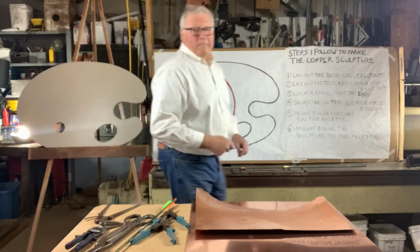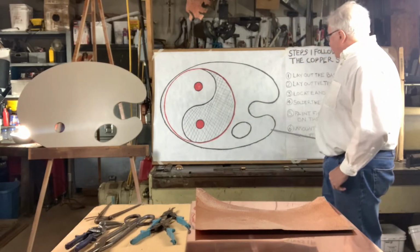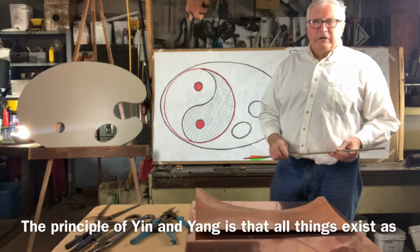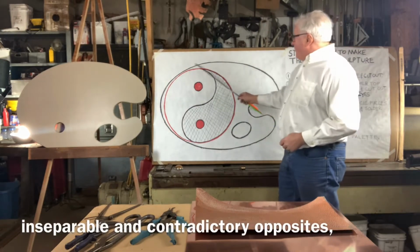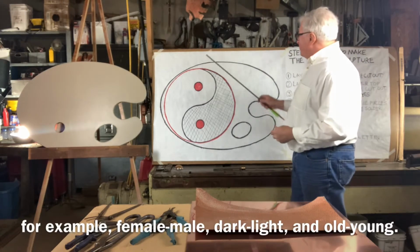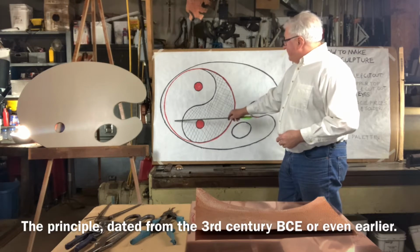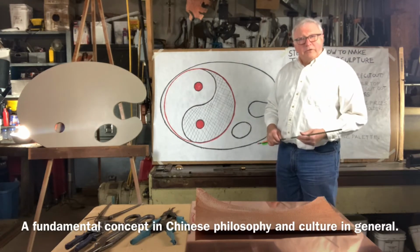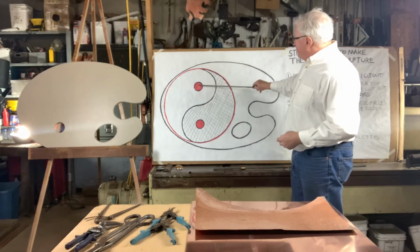Okay, let's get started. Here I have a picture drawn of the palette that we're going to be making. The name of my sculpture is Yin and Yang, which is an ancient Chinese symbol. This symbol is 24 inches in diameter. Everything is made out of copper. The bottom piece, which is the light part of the symbol, is made from plain polished copper. This part, which is the dark part of the sculpture, is made from a textured copper with a liver of sulfur finish on it. Then there are these 2 spheres, or the 2 eyes,